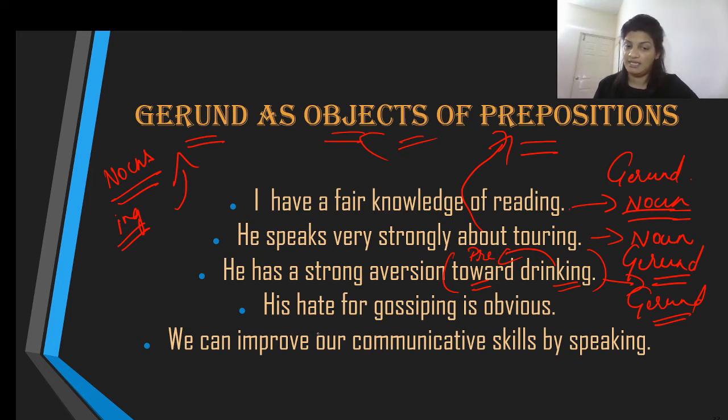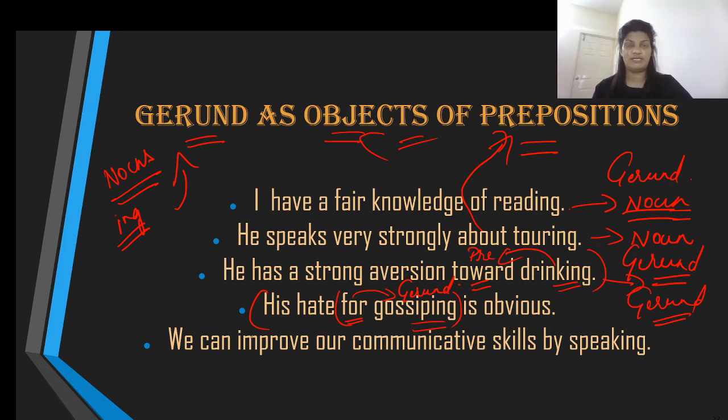Next is, his hate for gossiping is obvious. Now here, this is your subject phrase, but you can see that in the subject phrase, you have the preposition for, and then you have the ing verb, and therefore you have the object of the preposition for, and hence this is your